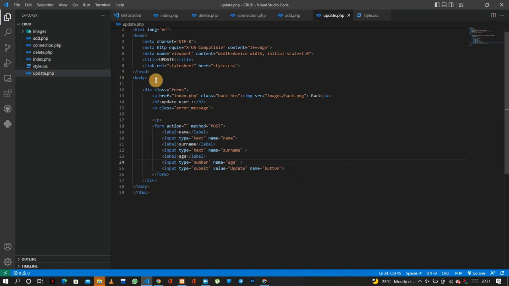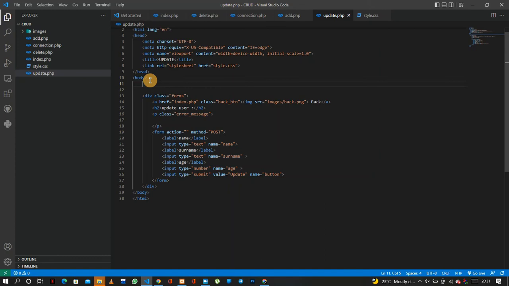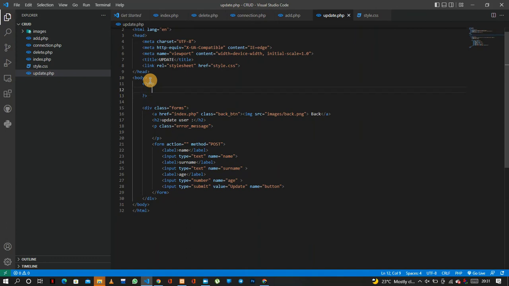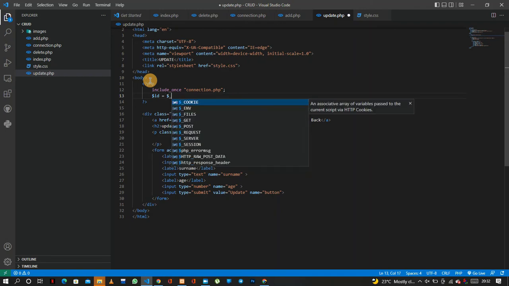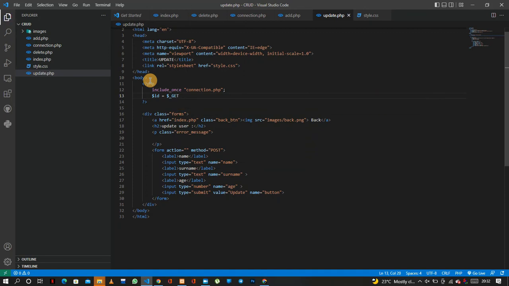Now let's work on update. First, as usual, you write PHP lines, and you include the database. To make your codes run, you have to include PHP connection.php, and id equal $_GET brackets id,